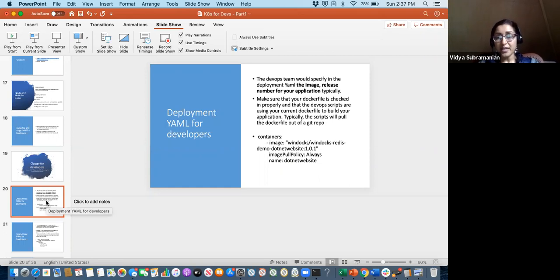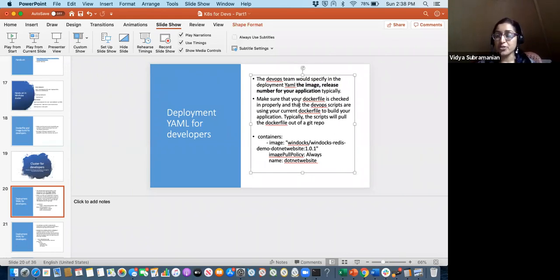So deployment YAML, the key takeaway from a deployment YAML perspective is that it'll be the DevOps team's responsibility to specify in the deployment YAML the image, the release number of your application, or depending on the size of your team, this may not be another team altogether, but at least be actively aware of how that process works.